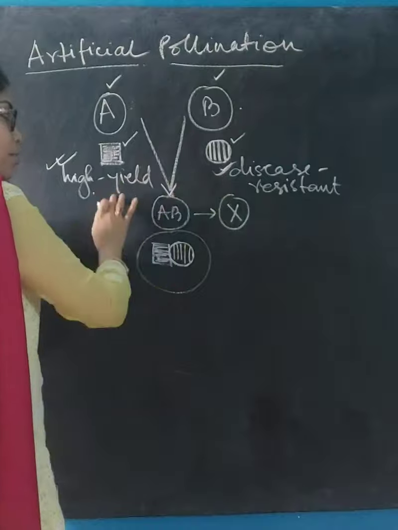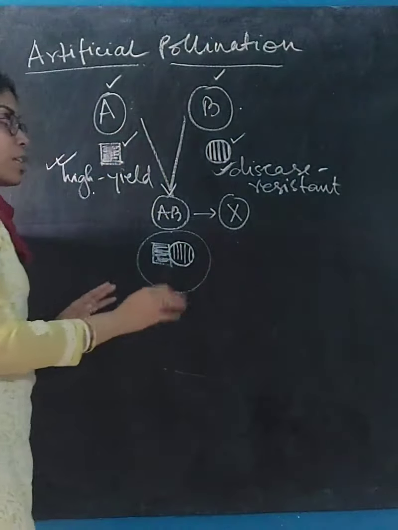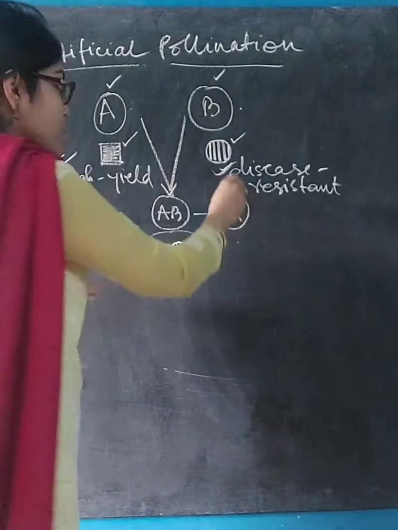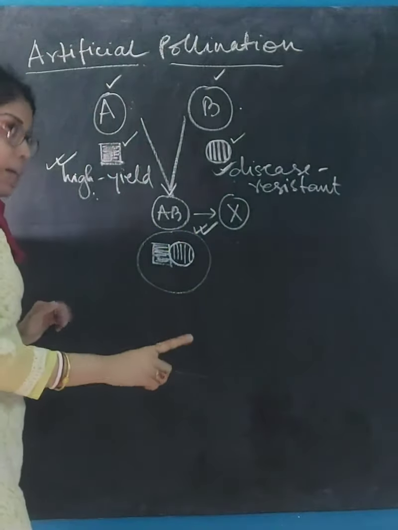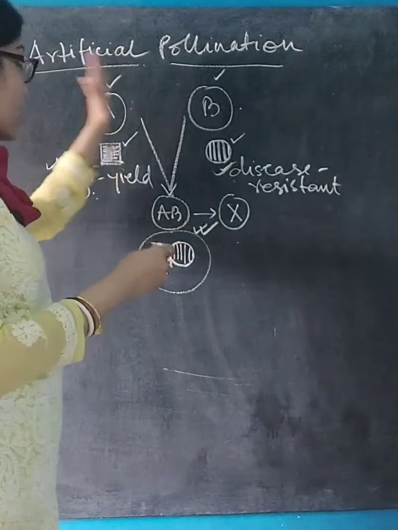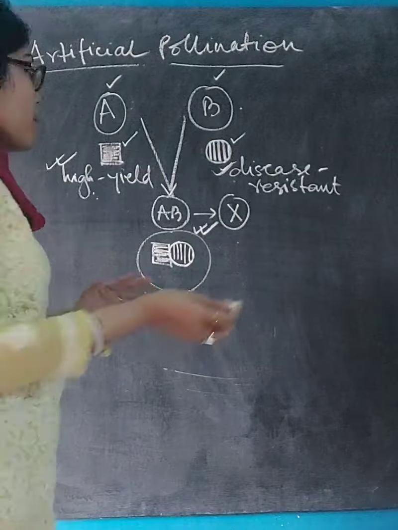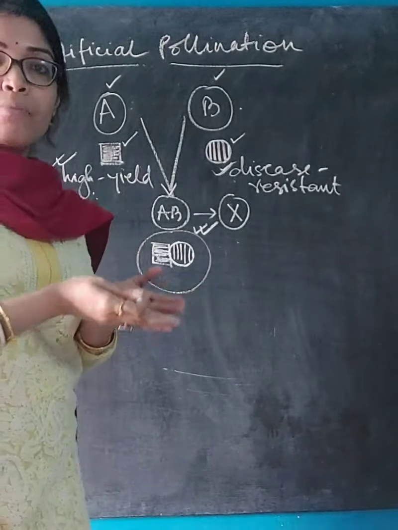Here these two are found in two separate varieties of crops or plants. Now the scientist or anyone doing this research wants both of these characteristics in the same plant. So what they will do is take a male flower of either of these, and the other one will be the female flower or crop, and then they will do a cross between them.